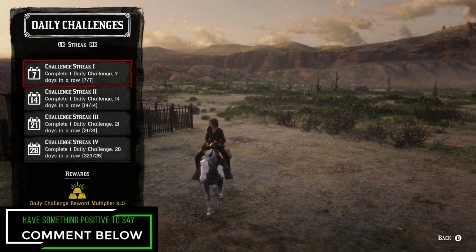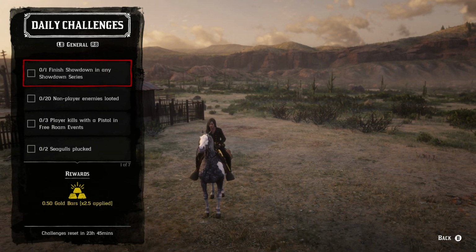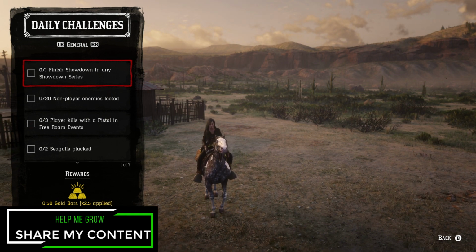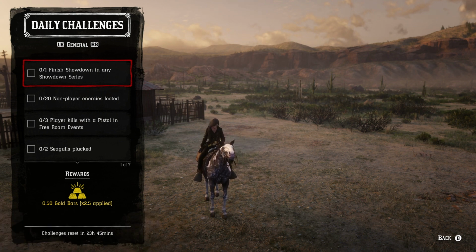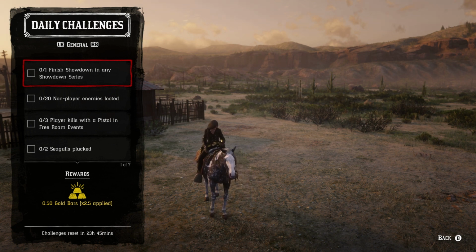All right. The daily general challenges, we're going to be finishing a showdown in any showdown series. As long as you start any of the showdowns, you could do a quick join. You could do it through the main menu before you even log in. It's up to you. And then that way, you guys will get that one completed. You don't have to get any kills. You just have to participate, and you're going to get this one. So you're going to get 0.1 gold bars for completing it,